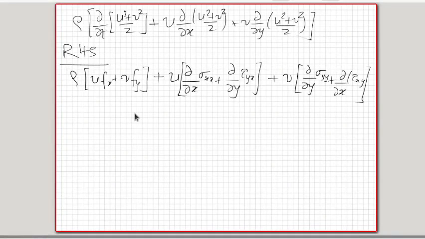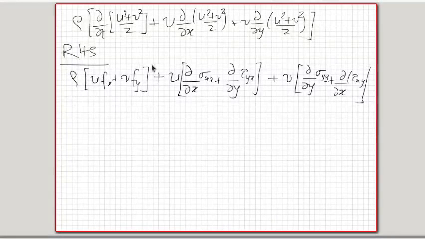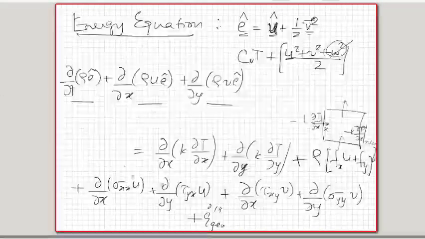Okay, so this is what you get on the right hand side of the momentum equations multiplied by velocity added up. Now if I subtract this from the energy equation, so the energy equation had this,